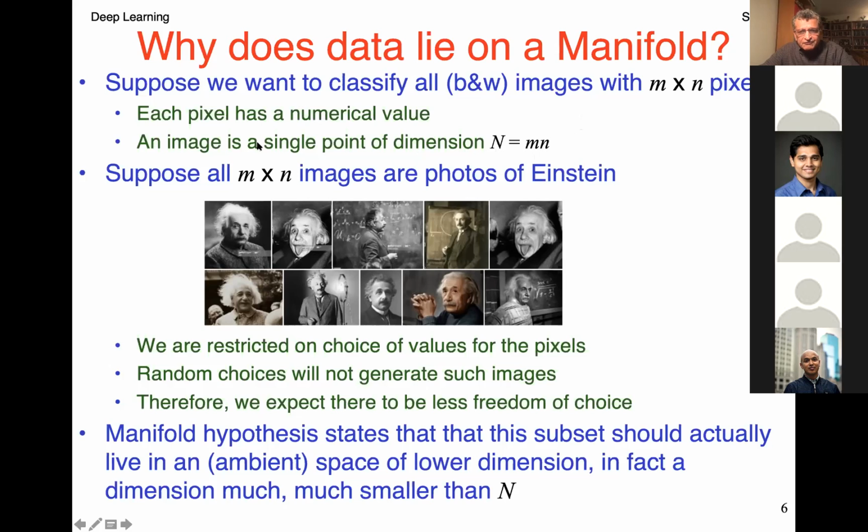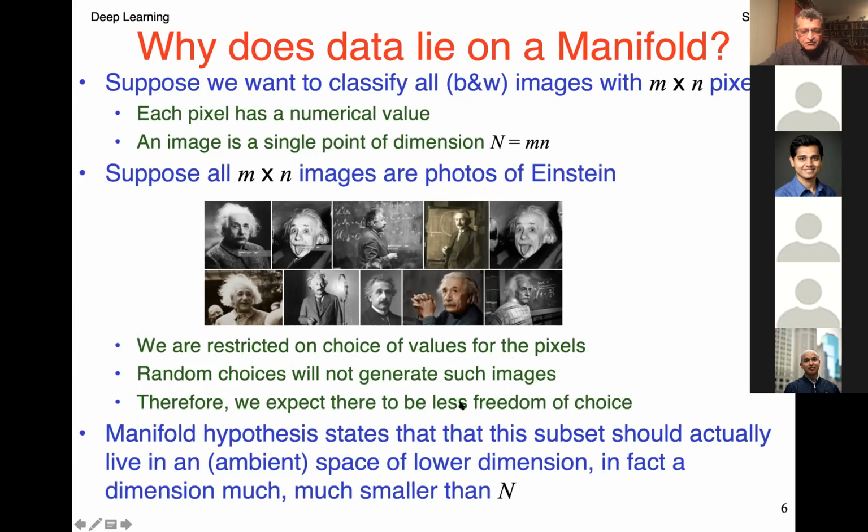Supposing we have some images that are all photos of some related object. Like these are all photos of Einstein, Albert Einstein, the famous physics professor. We are restricted on choice of values for the pixels. If I randomly choose pixels out of this space, I will not be getting Einstein pictures. And therefore, we expect there to be less freedom of choice. If they're all photos of Einstein, we're just not going to be using all the random assignments of pixels